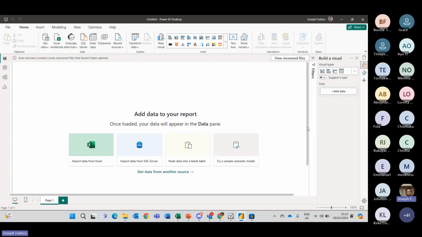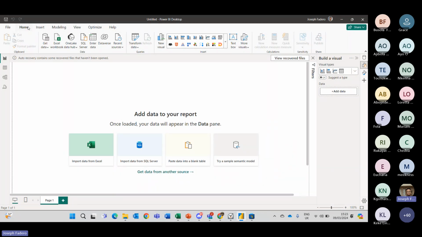Okay, so you have your ribbon. Just like in Excel, in Word, in PowerPoint, in Microsoft tools in general, these top icons are called your ribbon. Your ribbon, your tabs, there are various names people call them. In these tabs, you have specific things you can do in each tab.